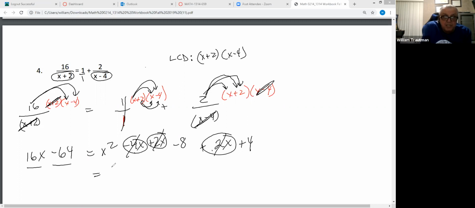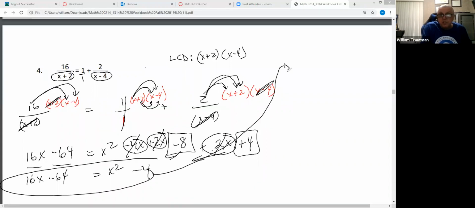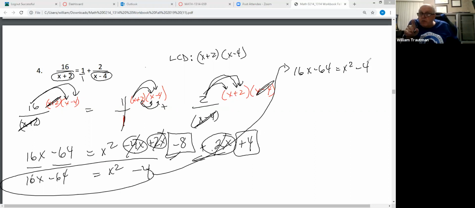So on the right-hand side, I'm left with an x squared. Oh, minus 8 plus 4 is a minus 4. So on the right-hand side, when I add everything together, I'm left with x squared minus 4. On the left-hand side, I just have 16x minus 64. All right, so I'm going to bring this up here: 16x minus 64 equals x squared minus 4. Okay, solving for x,